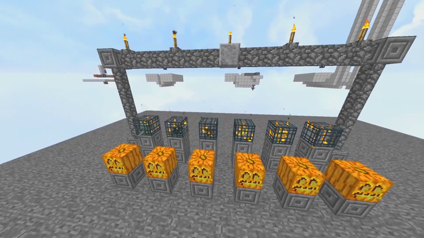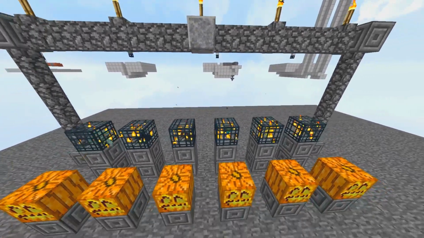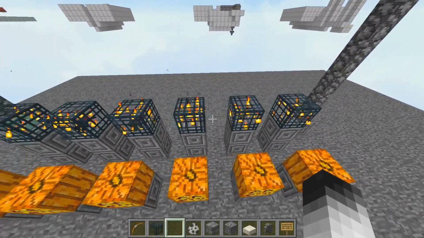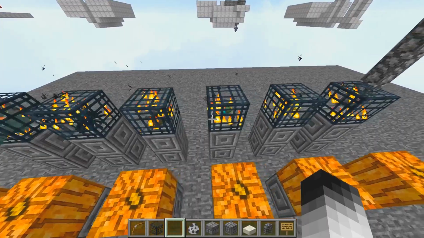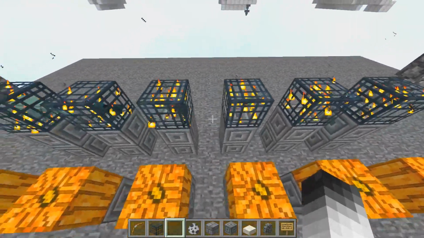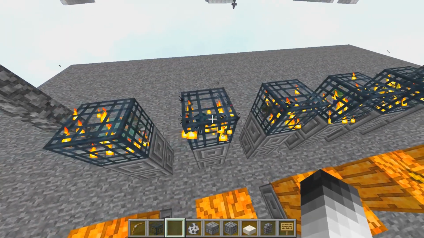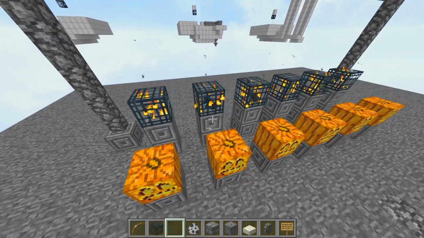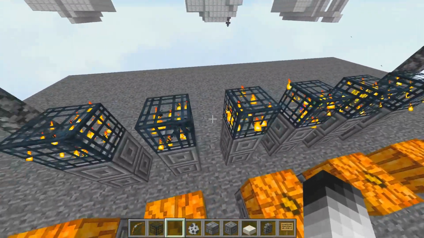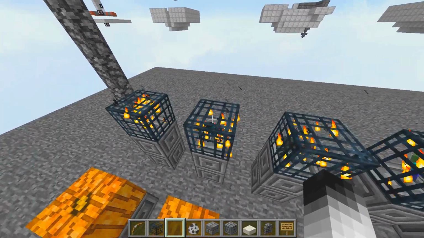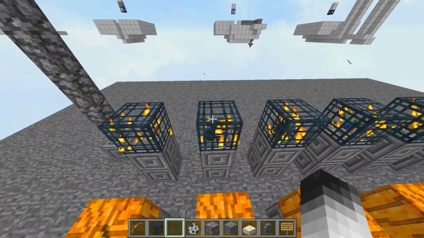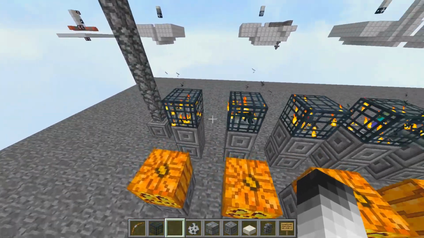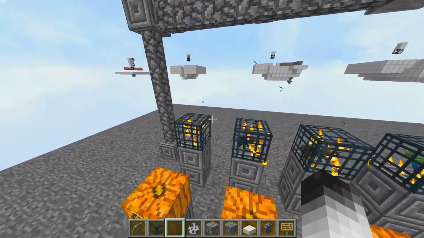Alright, so where can you find all of this? So usually there are dungeons underground where you can find zombie spawners, spider spawners, also skeleton, there we go, and cave spiders as well. Cave spiders, you can find them in mine shafts actually. That's the only place where you can find them, but yeah, you can find